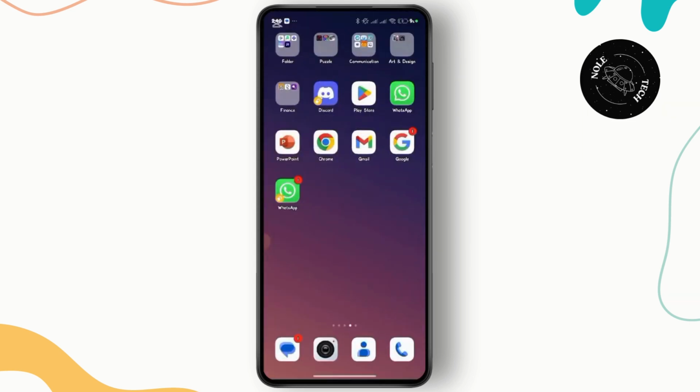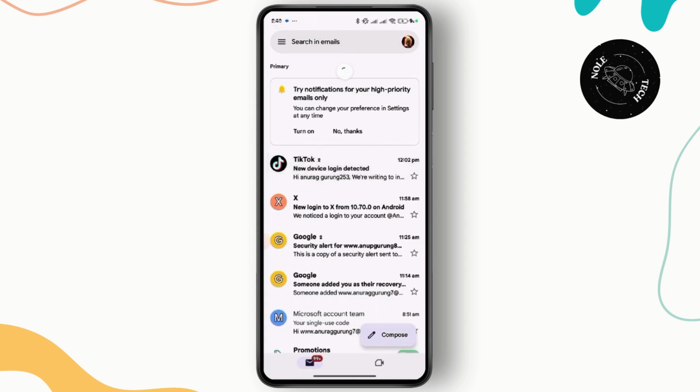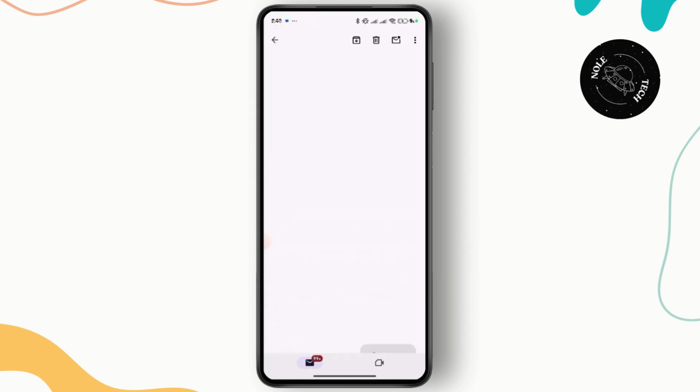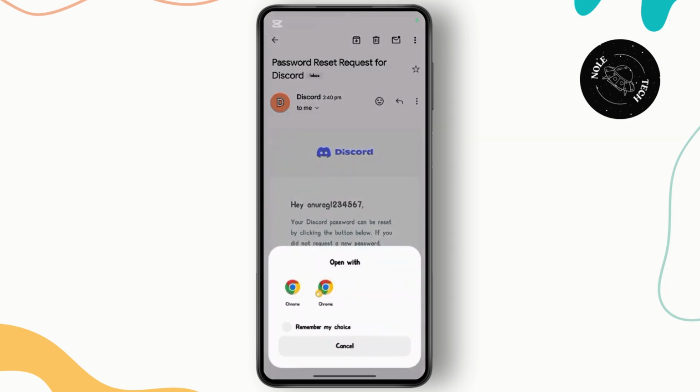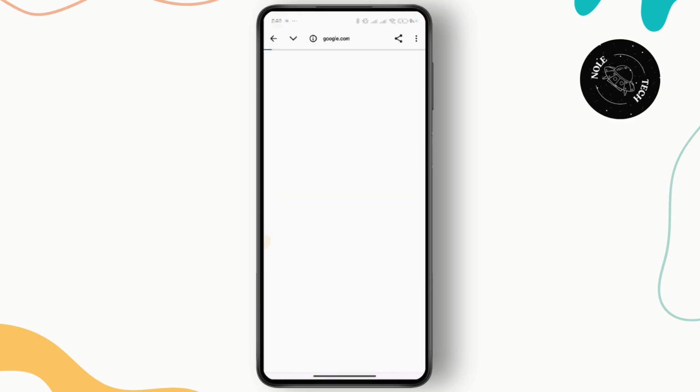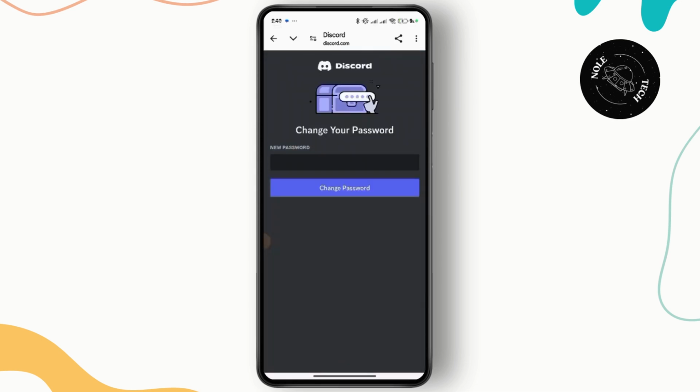Now, go ahead and open your Gmail app. Look for the email from Discord titled Password Reset Request. Open the email and find the Reset Password button inside. Tap on the Reset Password button and you will be redirected to a page in your browser where you can create